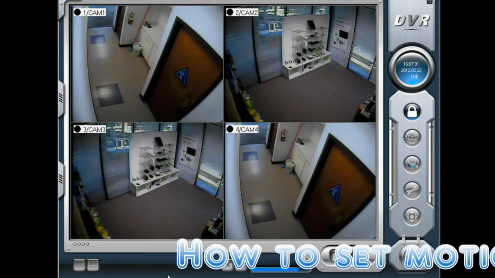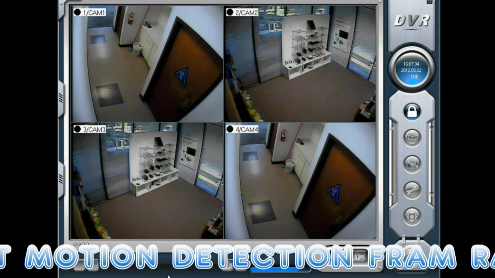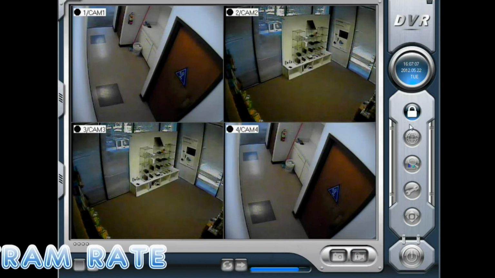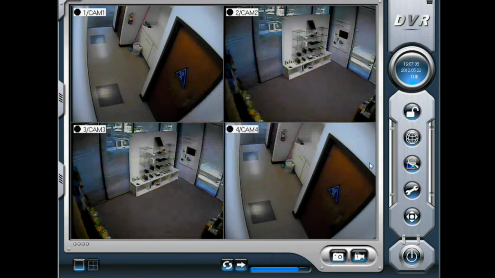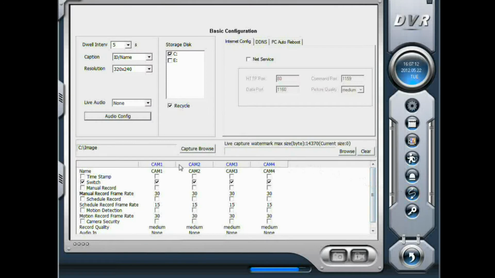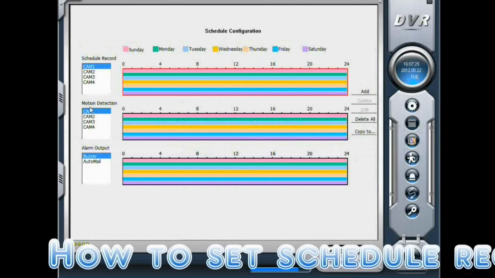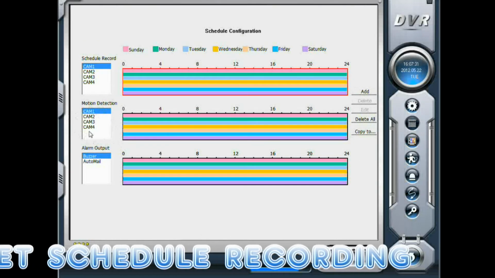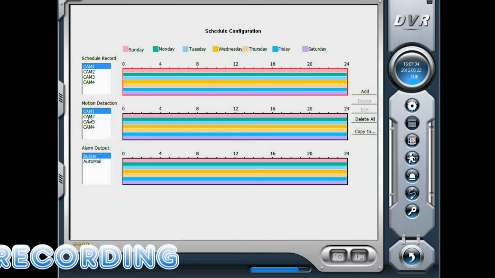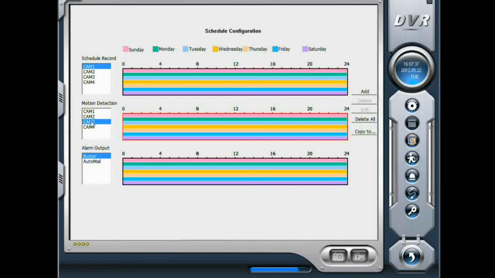In this video, we are going to show you how to set up motion detection recording. After you log in, click configuration and check motion detection and click here to set the frame rate. Next, check schedule recording and then go to the motion detection section. This box allows you to select each camera, cam 1, cam 2, cam 3, and cam 4. This box